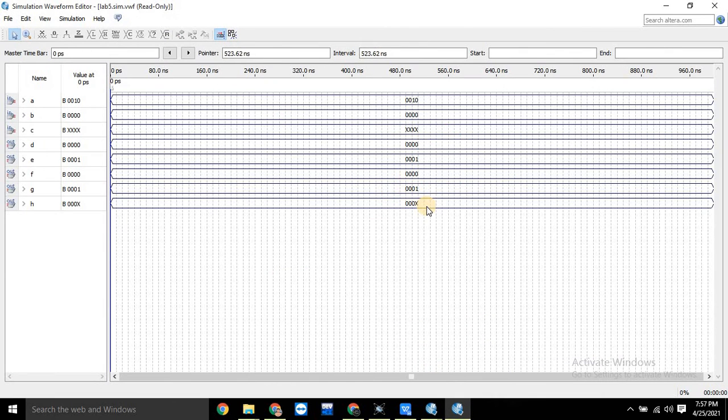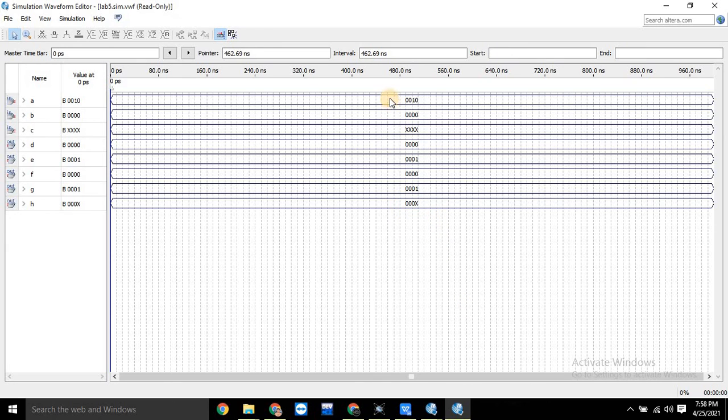Now coming to the final thing, it was supposed to give the NOT of C. Since this signal here is unknown, we cannot say what would be the NOT of C, the opposite of C. Hence this signal has shown X. It was supposed to give 0 if the signal was 1, and it was supposed to give 1 if the signal was 0. But since it's unknown whether the signal is 1 or 0, it has evaluated itself to X, which means it does not know what the result is, it's unknown.